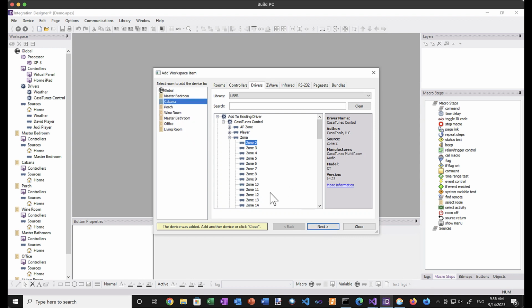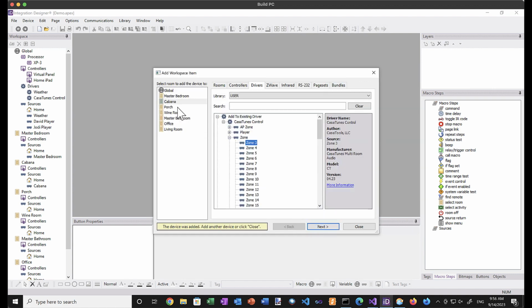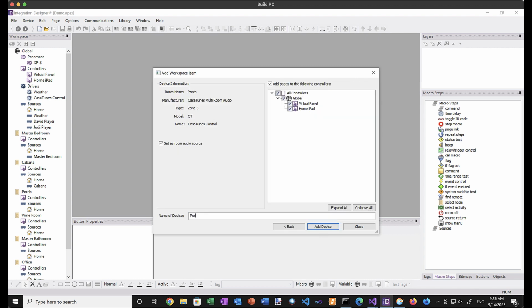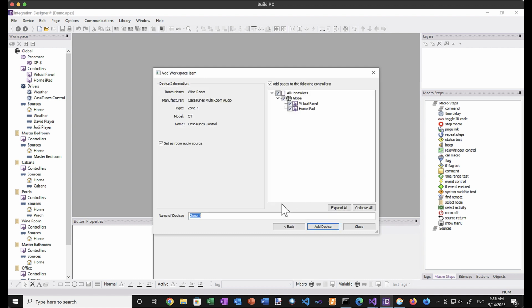And then we'll add zone 2 to the cabana. And we'll add porch. And see here that we have the set as room audio source checked because we are using the multi-room audio for the audio in that room. So we'll go ahead and set that as it. And then we'll select wine room